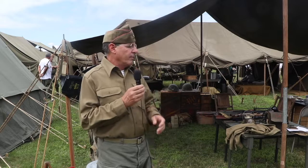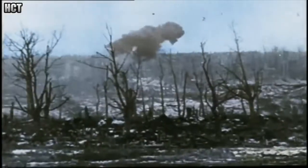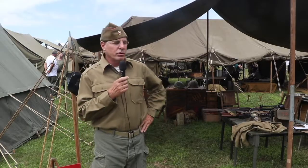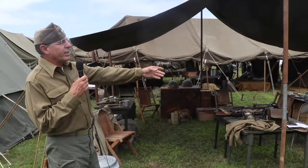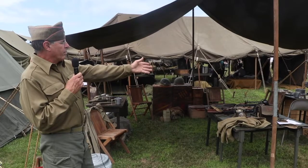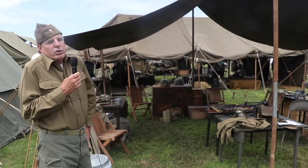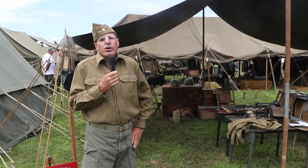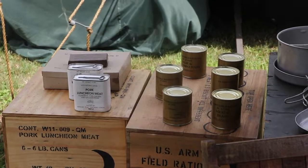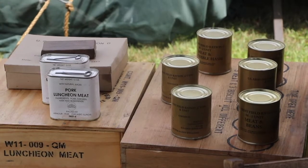So we would have had mines, we would have had TNT, dynamite, anything that would have went boom, we would have been involved with. So of course we have some over here, some of the food items that we would have carried with us. Every soldier had to be self-sufficient. So you were very, very lucky if you got a hot meal in the field. Most of it was out of the boxes,